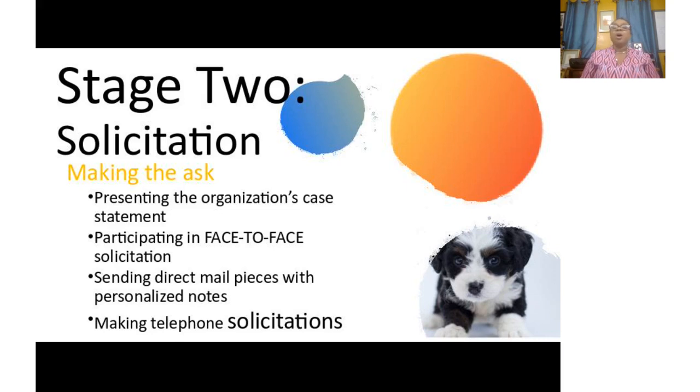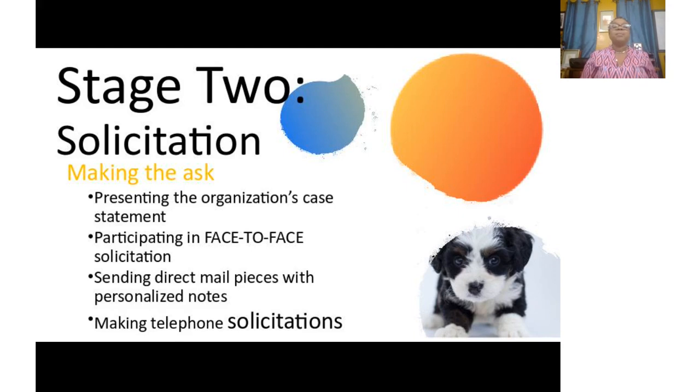And then when you are going on the ask, when that board member is going on the ask, make sure they take a staff person along with them. So it's the potential donor, a board member, and a staff person, because a staff person can answer those questions that maybe a board member can't, some of those operational questions. Okay. And then stage 3